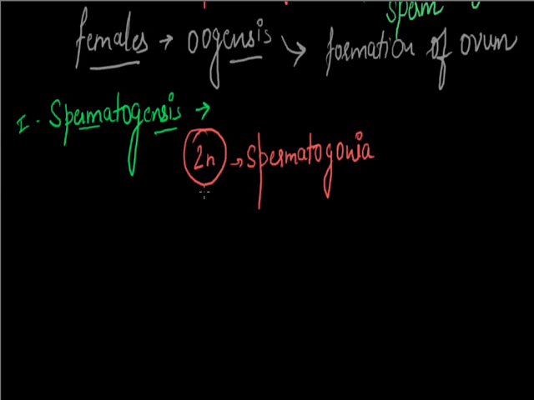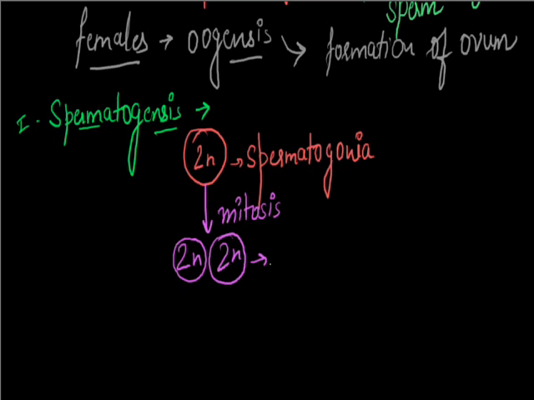In this spermatogonia, mitosis will occur, and the mitosis will produce daughter cells the same as the spermatogonia. And from these daughter cells only one will take part in spermatogenesis, and this is called the